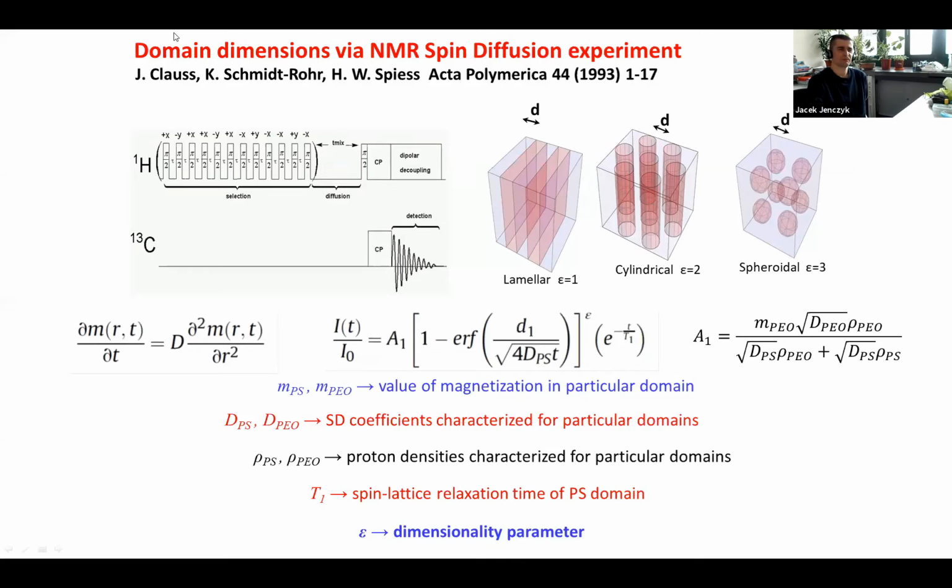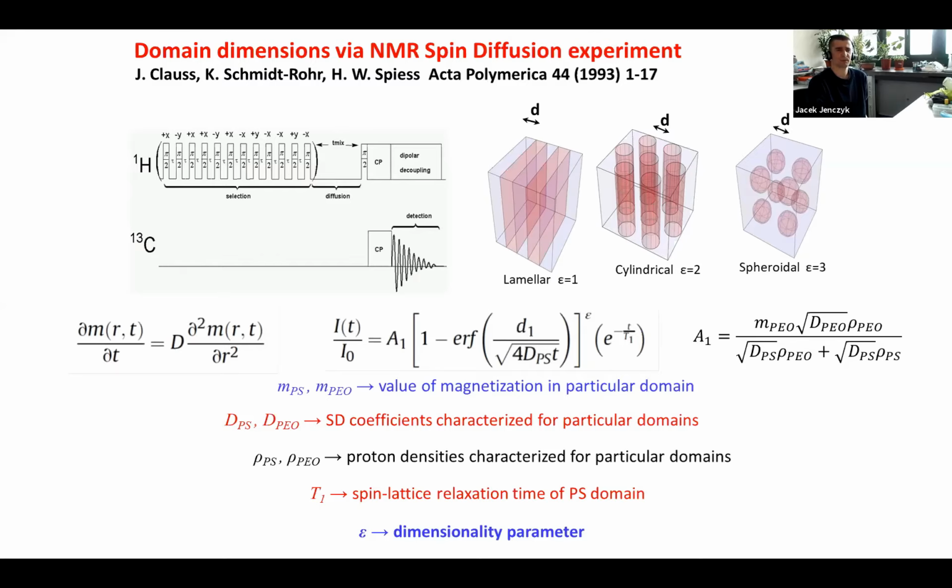I'd like to show you some basics of this very beautiful paper published in 1993 by Klaus, Schmidt-Rohr and Spiess, who introduced this concept of NMR spin diffusion used as a tool for structural studies concerning